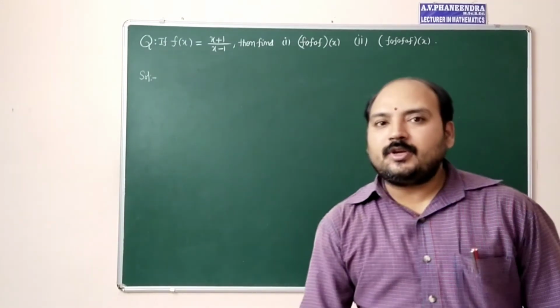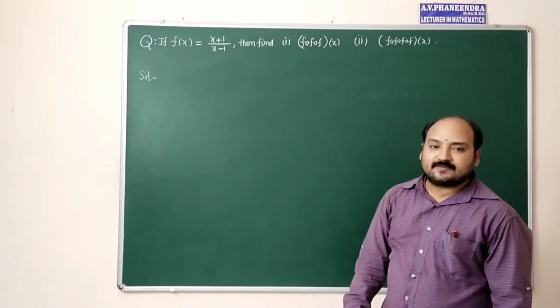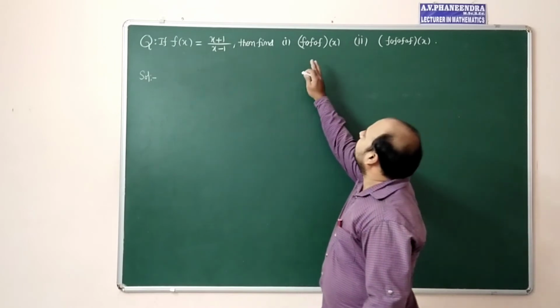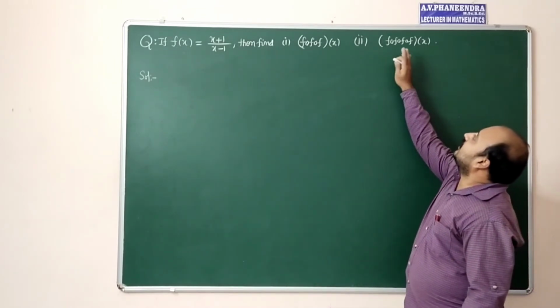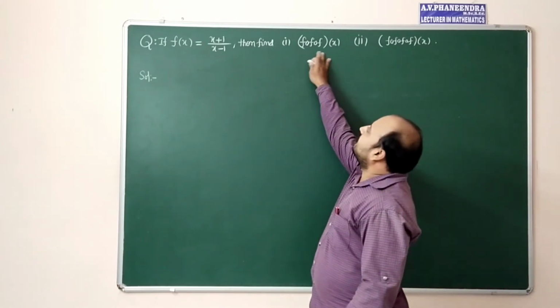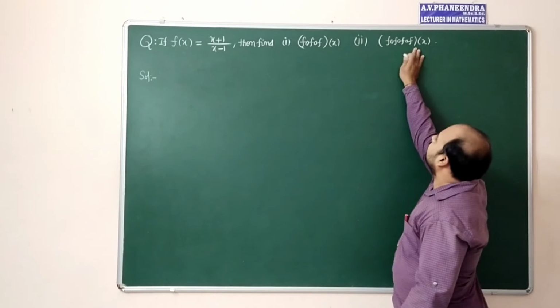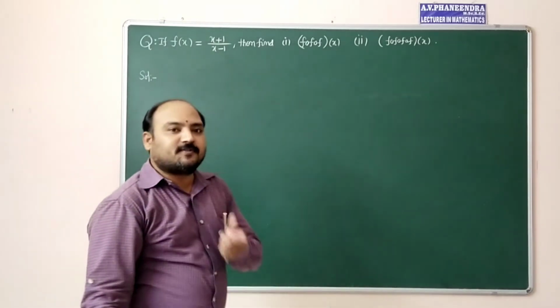The next question: if f of x equal to x plus 1 by x minus 1, then find f circle f of x, f circle f circle f of x. Here the number of functions is odd, here the number of functions is even. So one by one we will discuss. So first one,